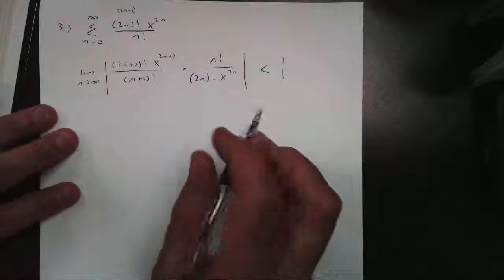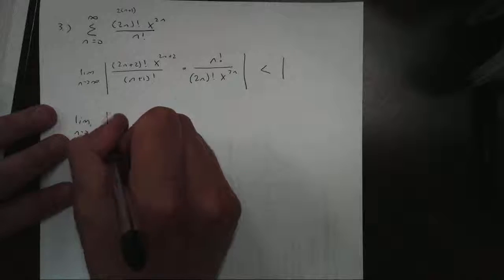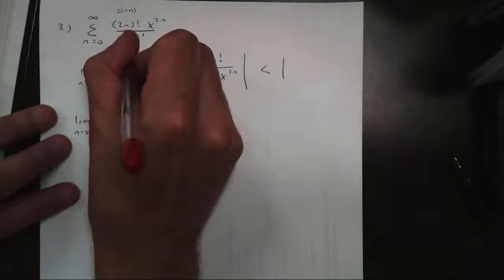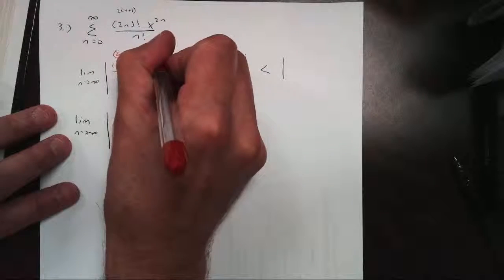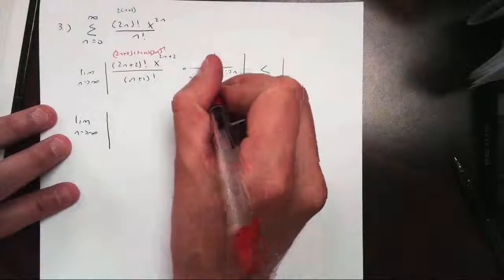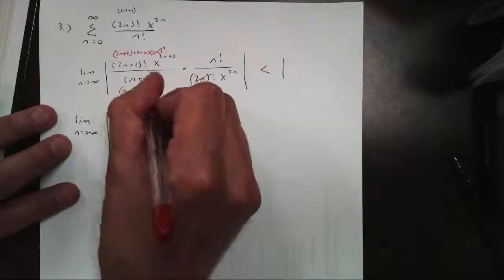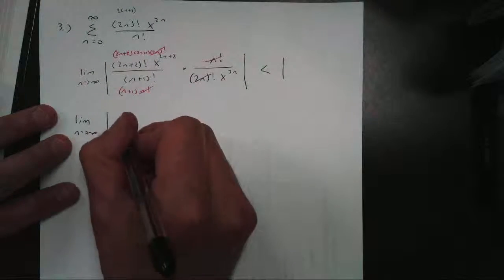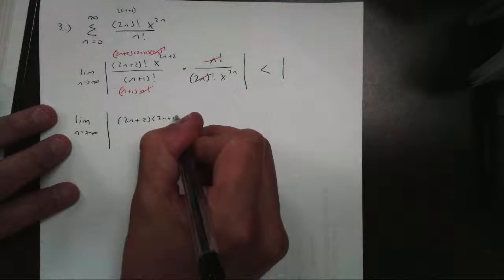Now, what you're going to notice is we're going to be left with some n's here. So we take the limit as n goes to infinity. I can simplify, because remember this is just (2n+2) times (2n+1) times (2n)!. So those just cancel out. Same thing down here. This is just (n+1) times n!. So those will cancel. And what I'm left with, on top, I get this (2n+2) times (2n+1)